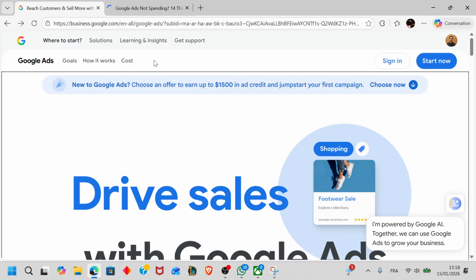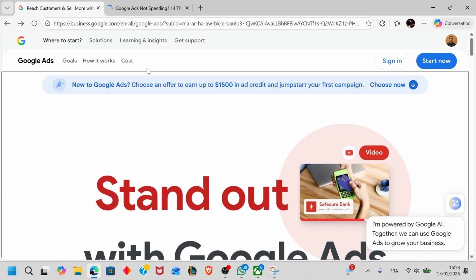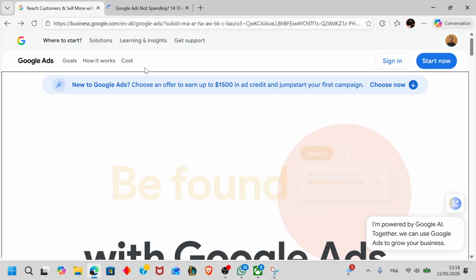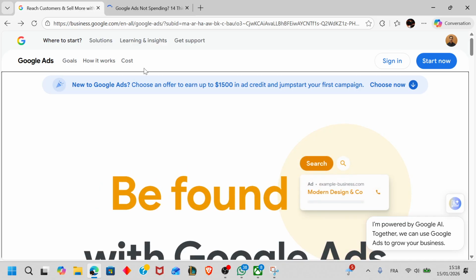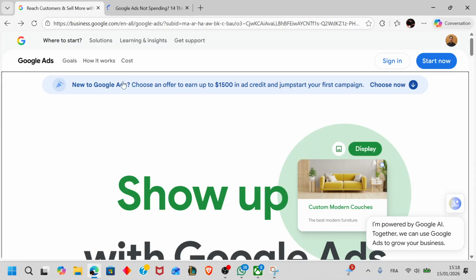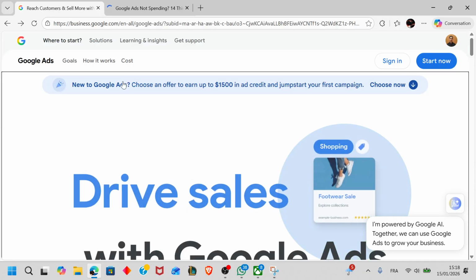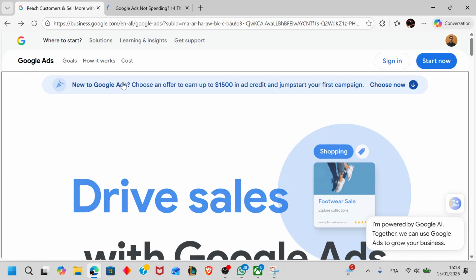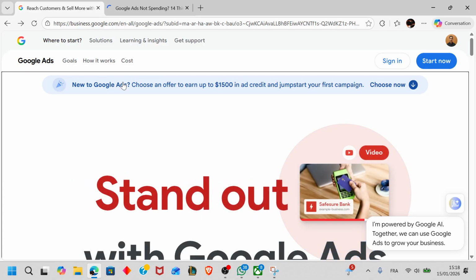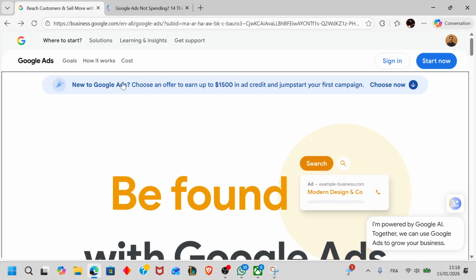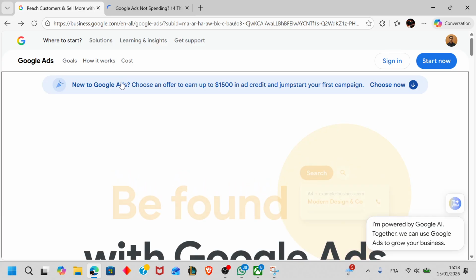Have you ever set a daily budget in Google Ads, launched your campaign, and then noticed that your budget just isn't spending, no impressions, no clicks, and no results? Don't worry, this is one of the most common Google Ads issues, especially in 2025, with smarter bidding systems. In this tutorial, I'll show you exactly why your budget isn't spending and how to fix